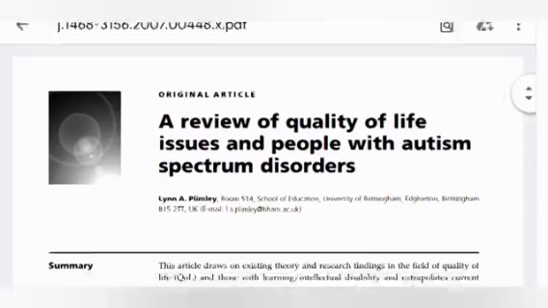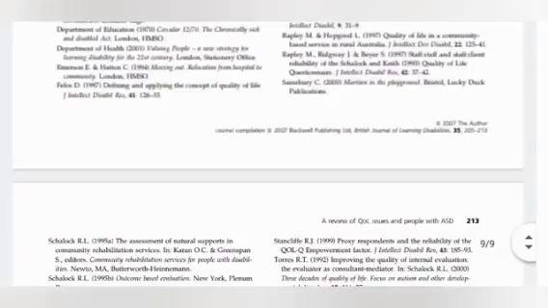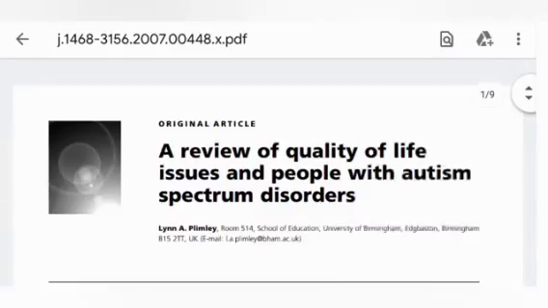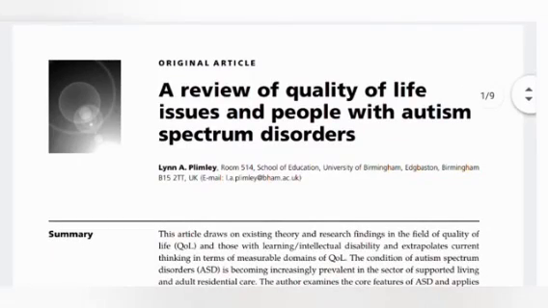See, it's a paid journal. You can't access the journal without paying money. So see how easy it is. This site gives access to the paid journals. It's not illegal. You might be thinking it's illegal, like how can somebody download any article without paying? It is not illegal. You can download any number of articles from this site.